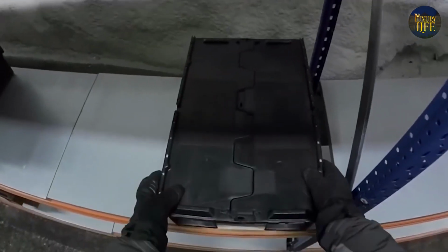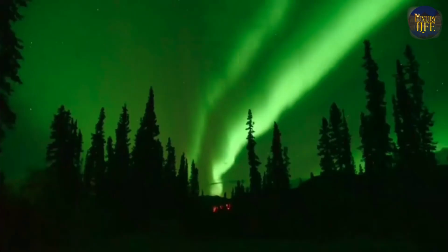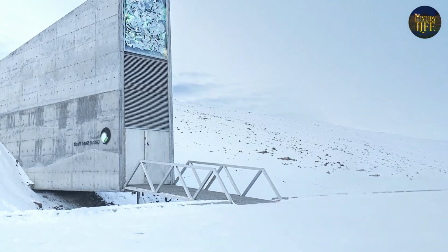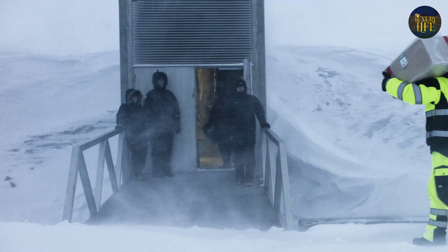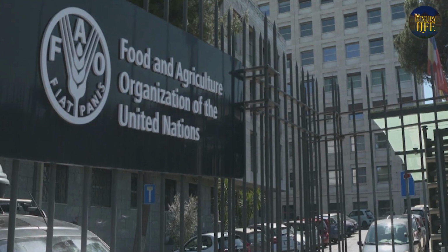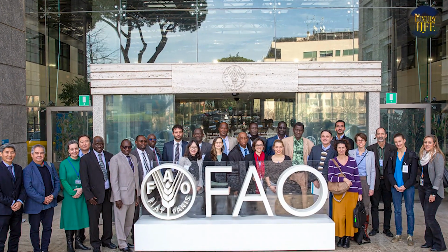We back up our lives using insurance, hard drives, and the cloud. Why not replicate this to protect the planet? The vault was established by a collaboration formed by the Norwegian Ministry of Agriculture and Food and the Crop Trust, under the support of the UN Food and Agriculture Organization, or FAO, which was charged with establishing it and now